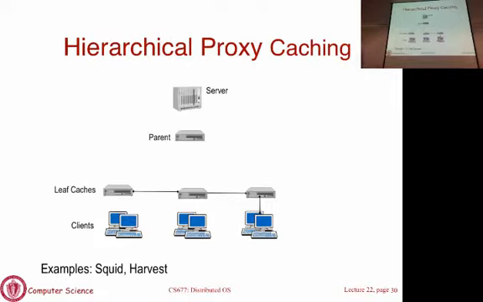One thing is you will say that you will be impatient. You will just ask some neighbors. If you don't have it, you just go to the origin server and fetch it. That is going to limit or bound the latency. If you have a 5-level hierarchy, you are not going to have 5 rounds of ask. That's one way to do it. That bounds it. That's certainly an approach that is used.